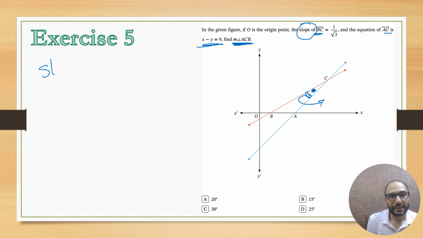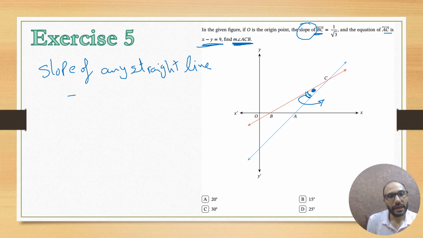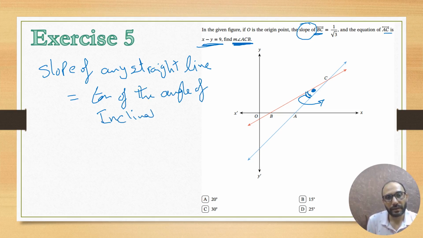Okay, you know that the slope of any straight line equals tan of the angle of inclination. Of course, you remember the angle of inclination, and let's remember it together. The angle of inclination is the angle that the straight line forms with the positive direction of the x-axis. Okay, so for the first straight line in red, which is BC, we have an angle of inclination, and